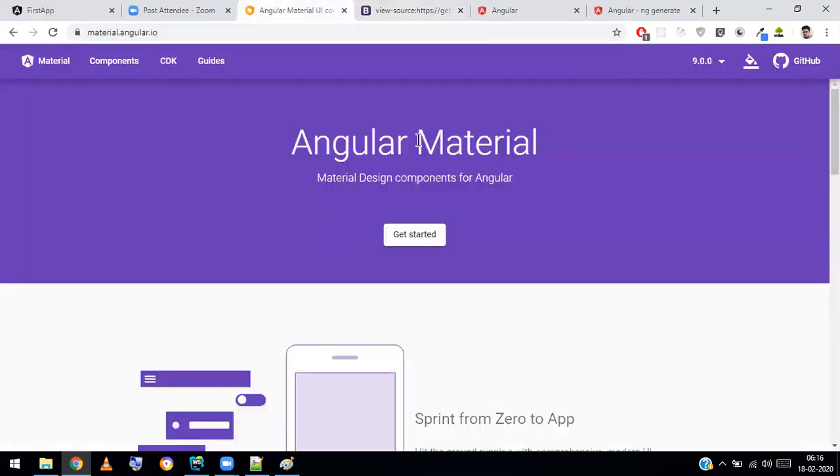But the Angular team itself has one design concept called material design. This material design concept is a pattern from Google, and people developing applications have to create their apps based on these design rules.